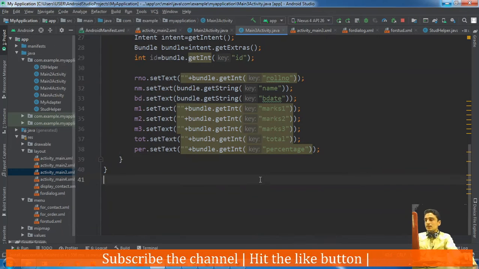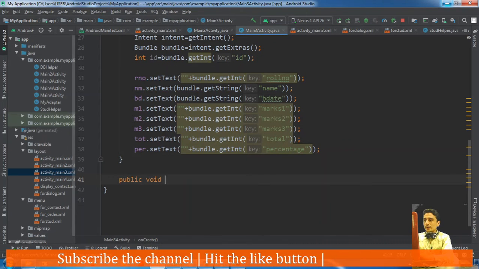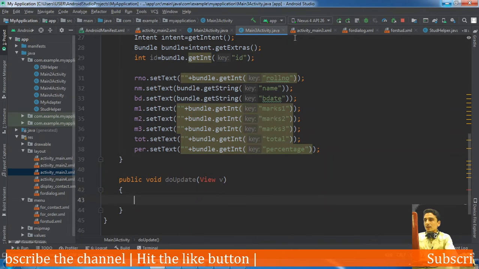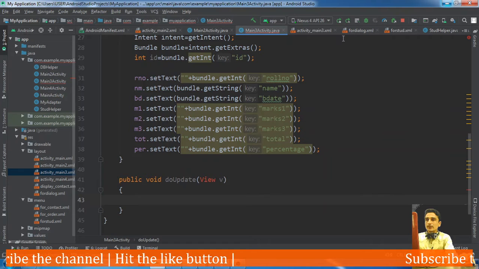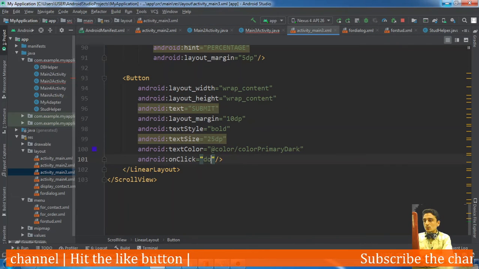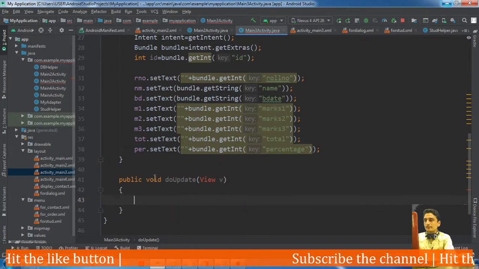Let's see it. Let's define one method here, public void doUpdate(View v). This method will be called from the layout's submit button.